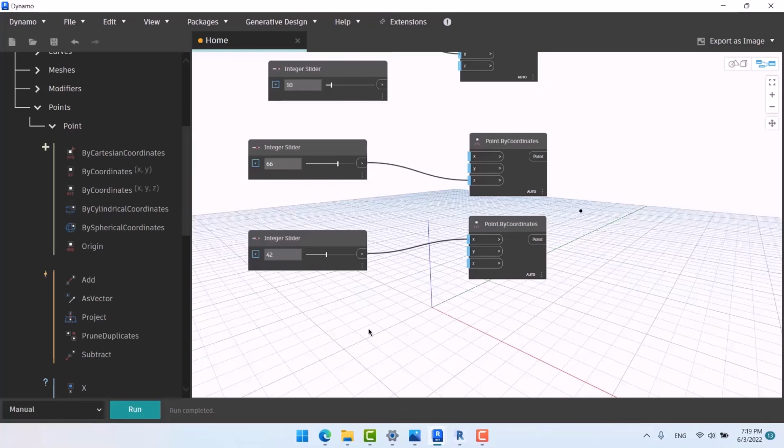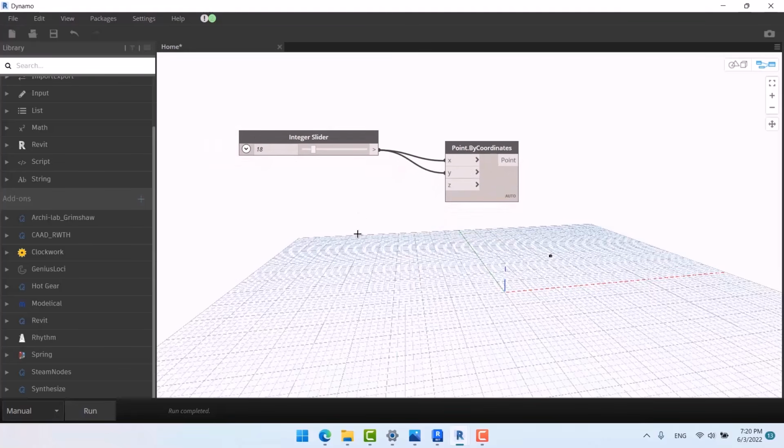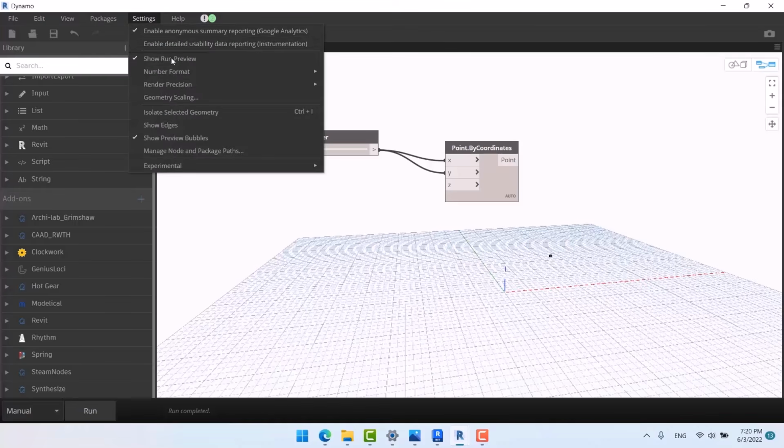However, in 2023, the menus have changed compared to the previous versions. I'm gonna tell you the differences between these two versions. For example, like this Show Run Preview. To have Show Run Preview in the version previous to 2023, go to the Settings tab, and here it is, Show Run Preview. So it should be selected. Graphically, it changed a lot. Alright,